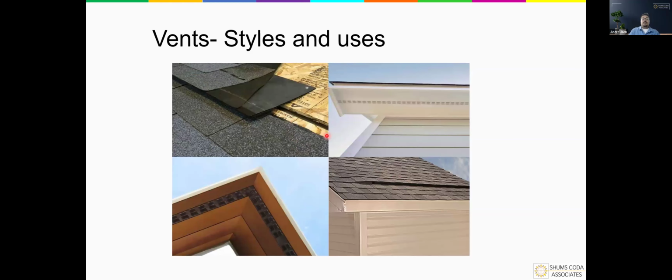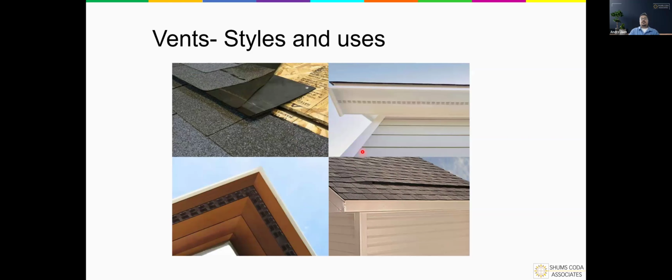Here we have a number of inlet vents or intake vents, and so we can see these installed at the soffit level. We can also see these called trimline vents. I think that's a brand name, but there's a number of these under-shingle vents that are meant to go up the roof space a little bit. So that way we don't have to penetrate at the fascia or at the soffit there,